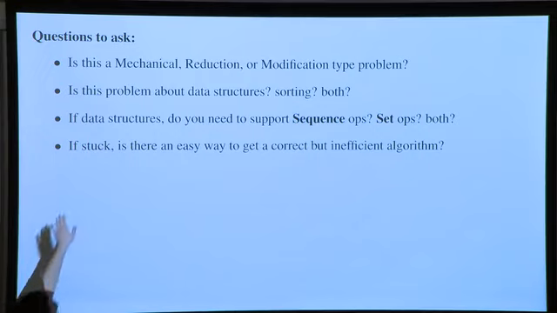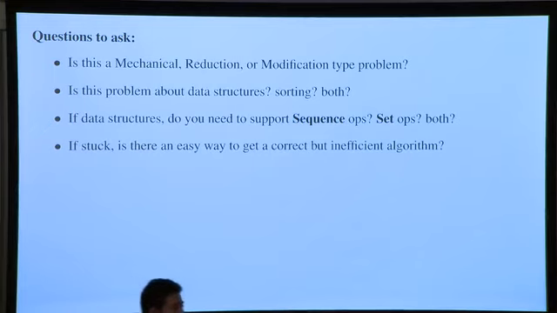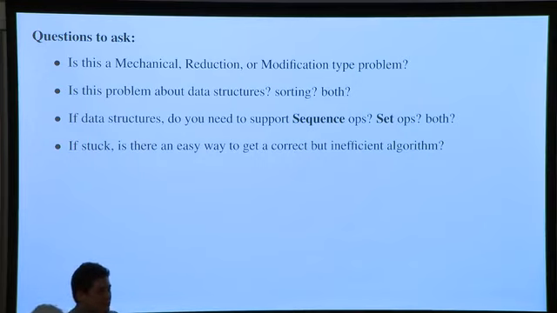If you're stuck, this is your question. If you're stuck, write down a correct algorithm that's inefficient, right? We can give you points for a correct algorithm that's inefficient. At least it's a correct algorithm, right? That's better than other things. Now, if it's exponential time, you might be limited to like 10 or 20% of the points, right? But if it's a log factor worse or a linear factor worse, maybe that's okay.